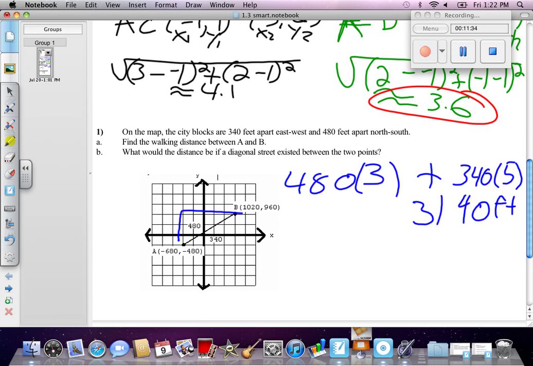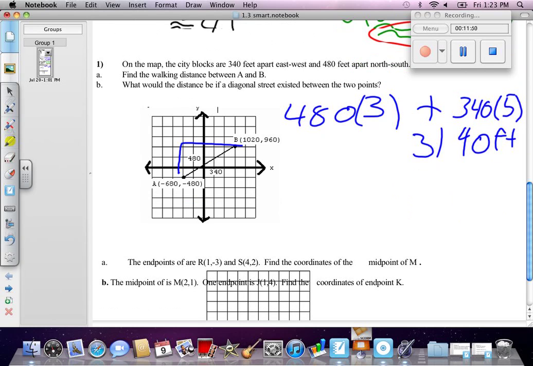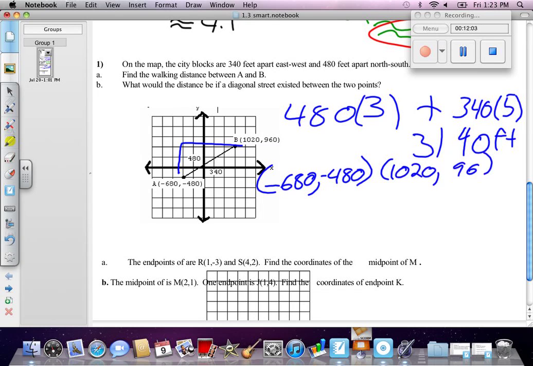Alright. Now let's say we're going to take this distance to that distance. We just want to go straight. Like, let's say there's a diagonal street. Well, now we get to use the distance formula again. We have negative 680, negative 480, and 1,020, and 960. So this is x1, y1, x2, y2,